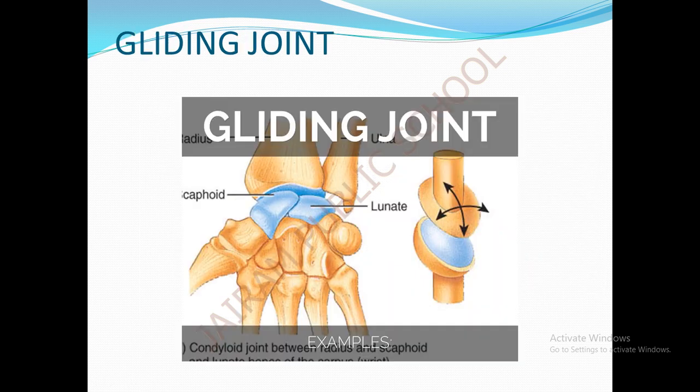And the next is the gliding joint. The gliding joint is present in the ankle, which is used to rotate our leg in any direction. It is also present in our wrist. So the wrist and the ankle are used to rotate our hand and the leg in any direction. I think you people are now clear about the types of mobile joint.